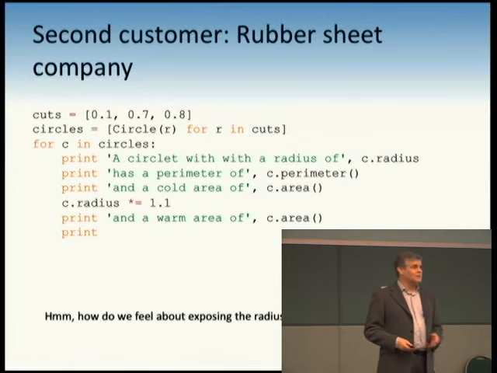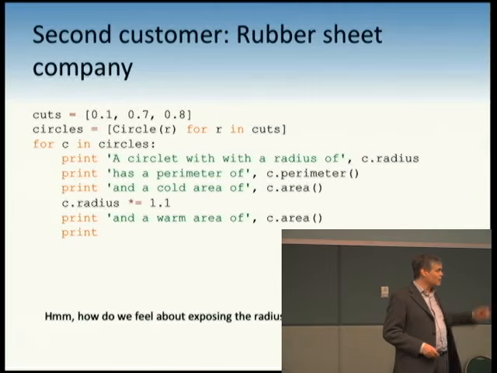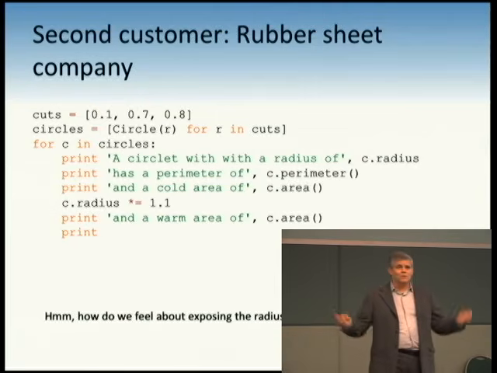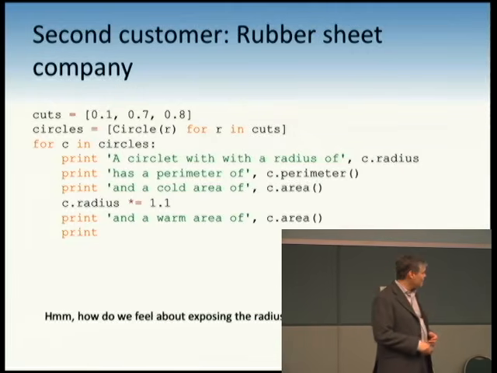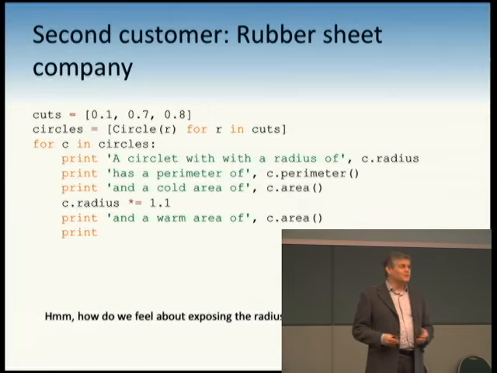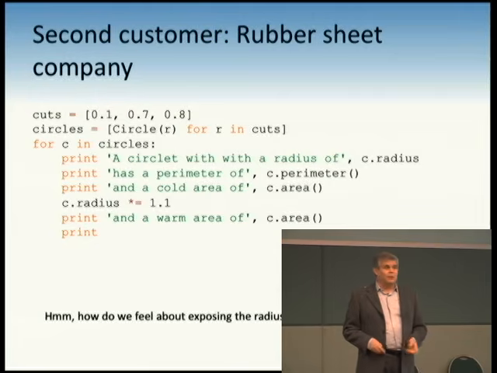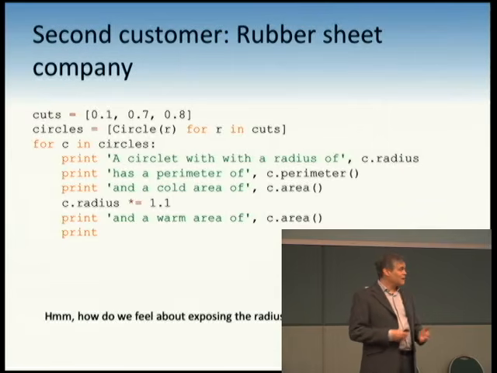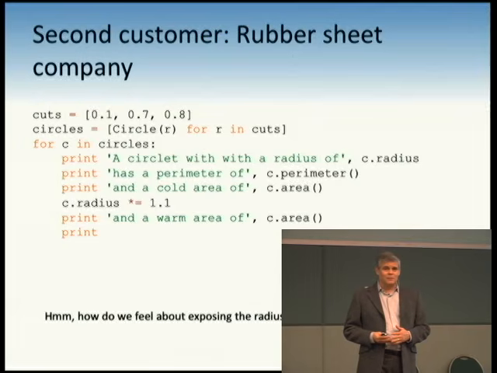In the Python way, it's a consenting adults language. We'll leave all the doors unlocked, and hey, we'll just risk whatever happens to us. Remember, there's no private and protected in Python. How do you feel about exposing your attributes? In Python, it's common and normal. When you go back to the other languages, it's not common and normal, and you absolutely must not expose your attributes, because if you need to change the underlying implementation at some point, you are absolutely toast. You are locked into your client code and can't change.